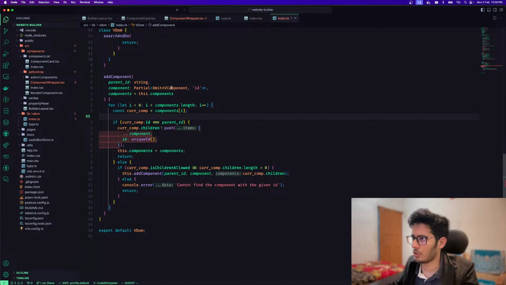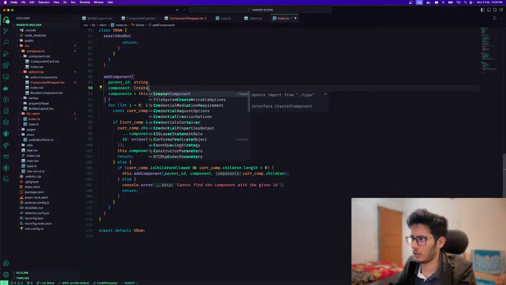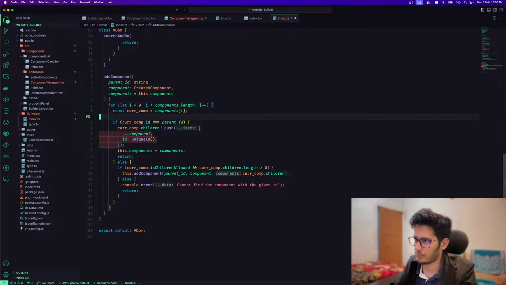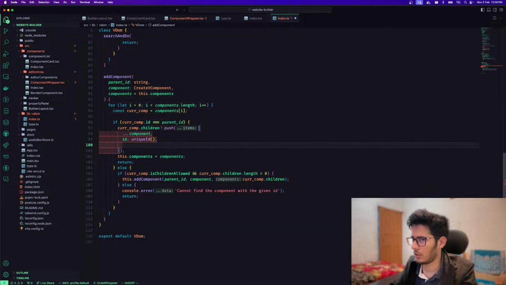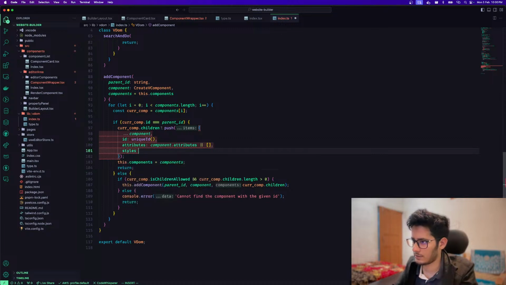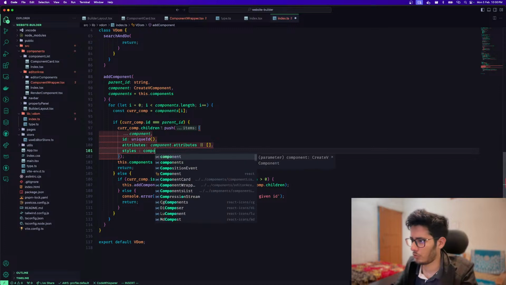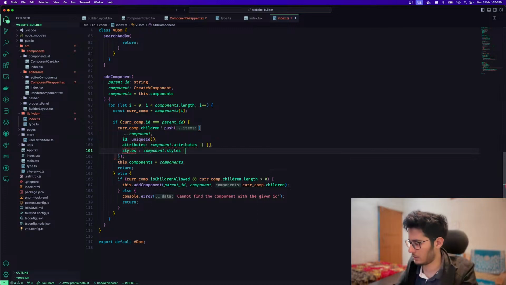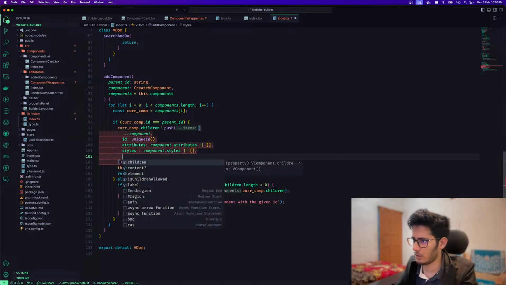So instead of doing all these, we can say create one component, whatever, and then we can say attributes. If the component dot attribute exists, that's good. Otherwise, give it an empty attribute, something like that. And then the style says if component dot styles exist, otherwise give it an empty style. And then